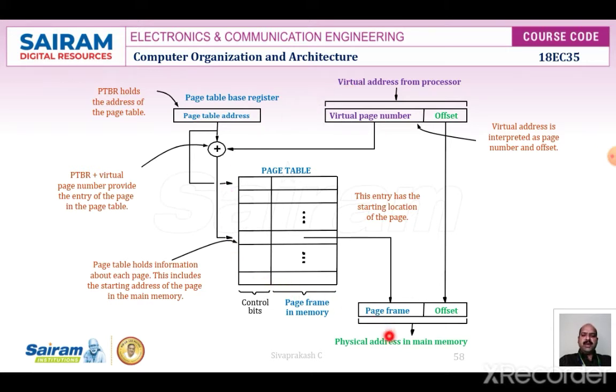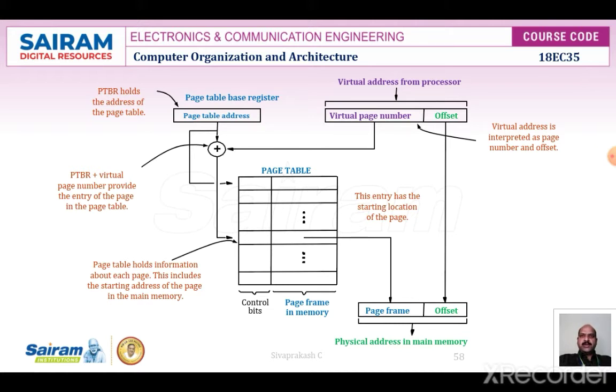Now, the page table base register. Each process running on a processor needs its own logical address space. This can only be realized if each process has its own page table. To support this, a processor that supports virtual memory must have a page table base register. This is accessible by the operating system. For operating system security, this register is only accessible when the processor is in system mode.